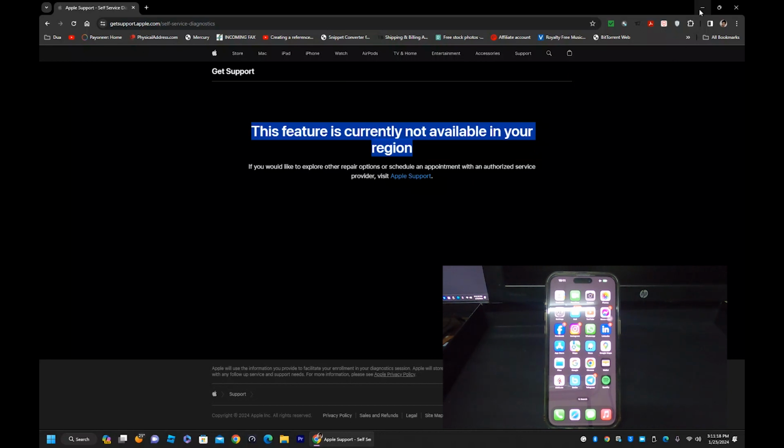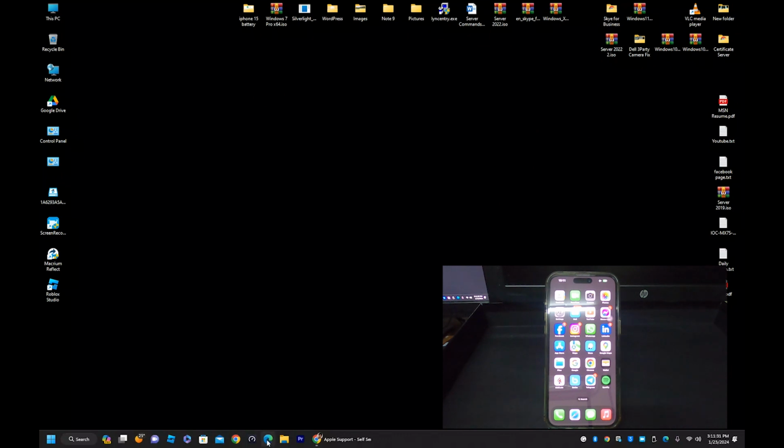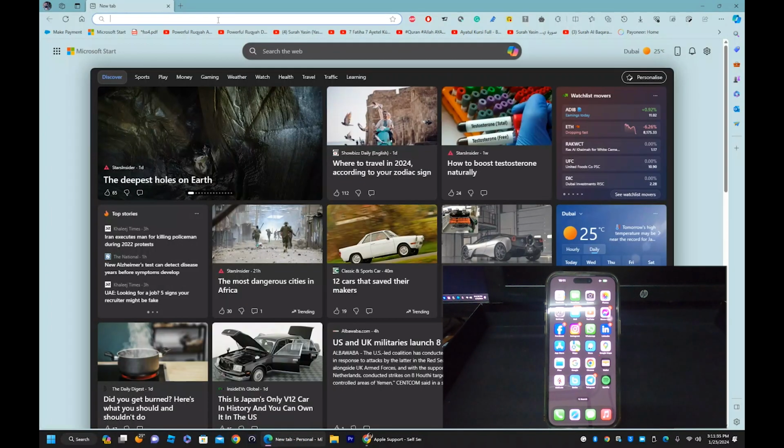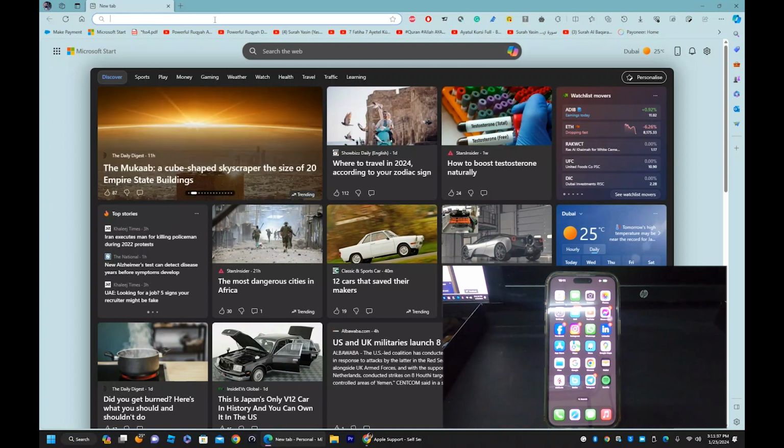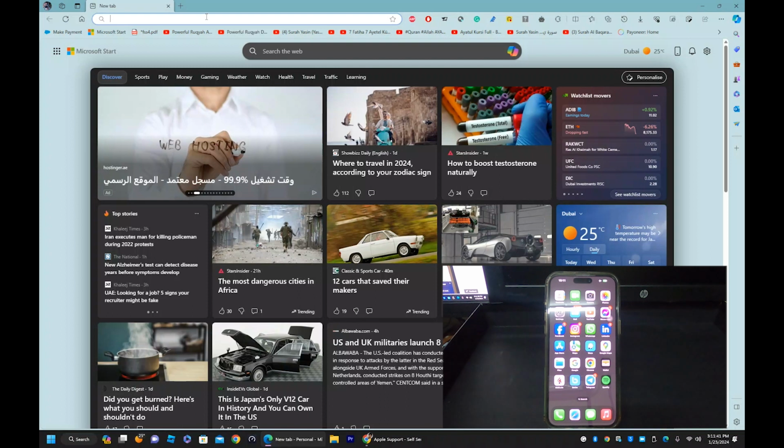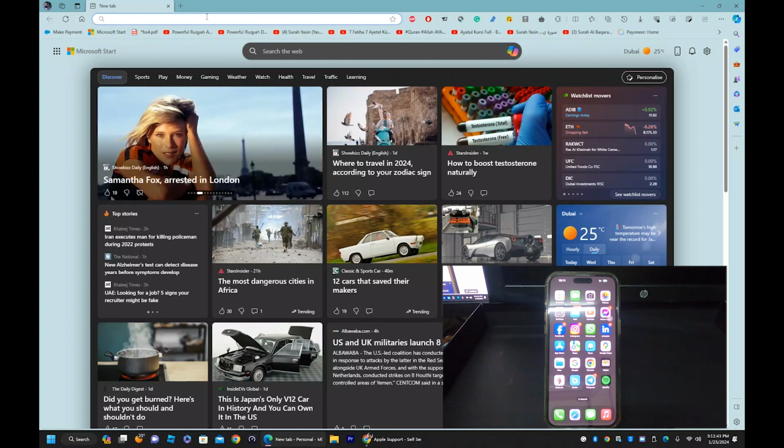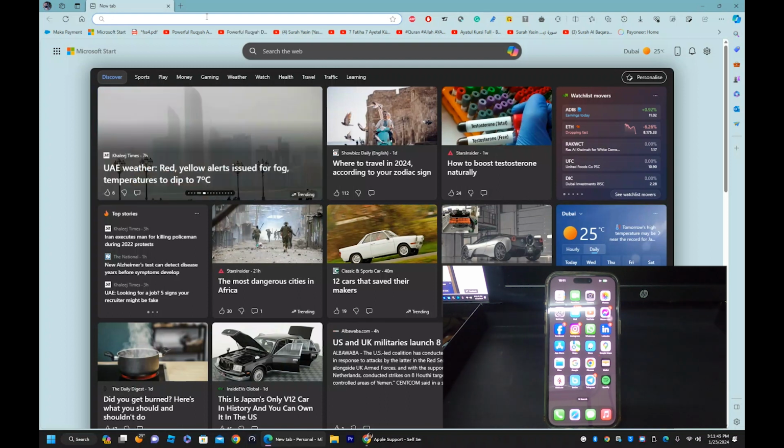Okay guys, if this is your default browser which you are using for day to day, it will not work even if you try to access with a VPN, and you need a brand new web browser. In my case, I have Microsoft Edge, which I don't use for any of my work. If you don't have one, you can download any new web browser from Google, Opera, Firefox, anything. Okay, and go to the same website